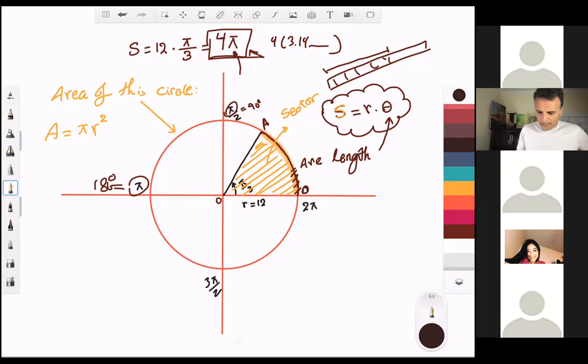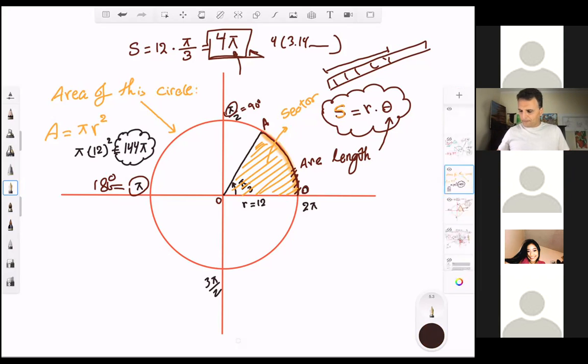So pi is our favorite, 3.14. R is 12, so it will be 12 squared. It will be 144 pi. So we are done with the area of the circle. That means if I pick a color,